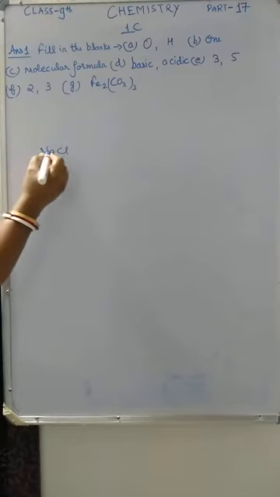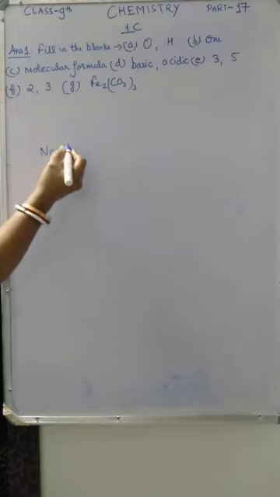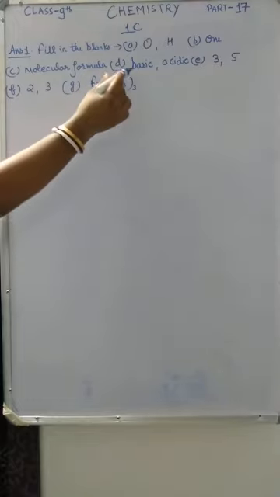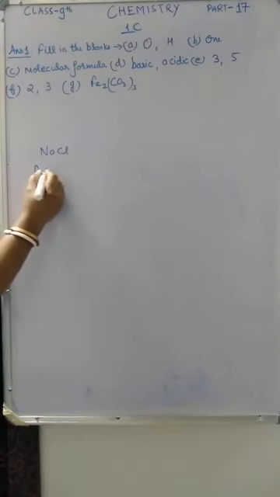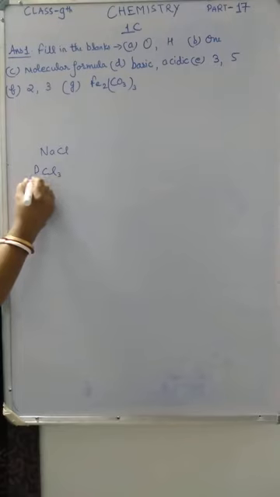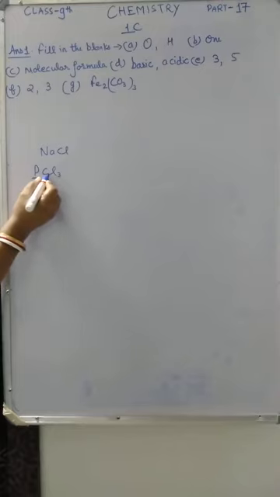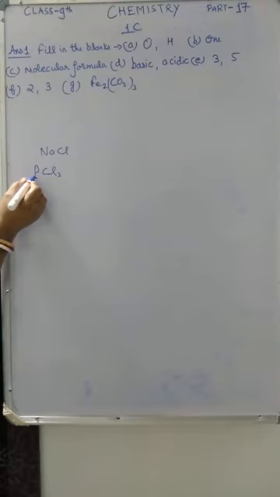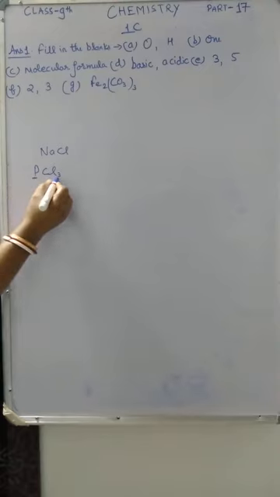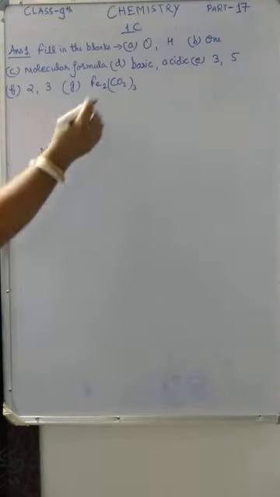In this, sodium is a basic radical, and chloride is an acidic radical. So, basic and acidic. Now next one, valency of phosphorus in PCl3. You can see its combining capacity. Three atoms of chlorine are combining with this phosphorus, so the combining capacity is 3. So the valency will be 3.